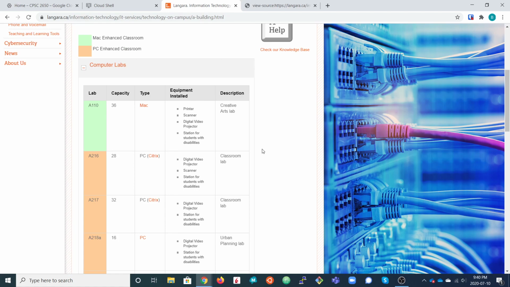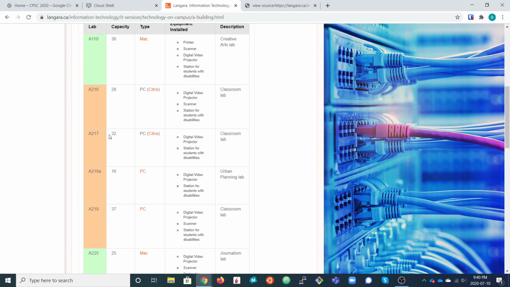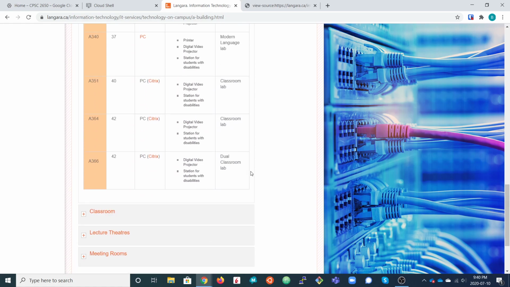So what we're going to have to do is set some state variables and add some more event handlers and start counting when we are inside the computer labs table.